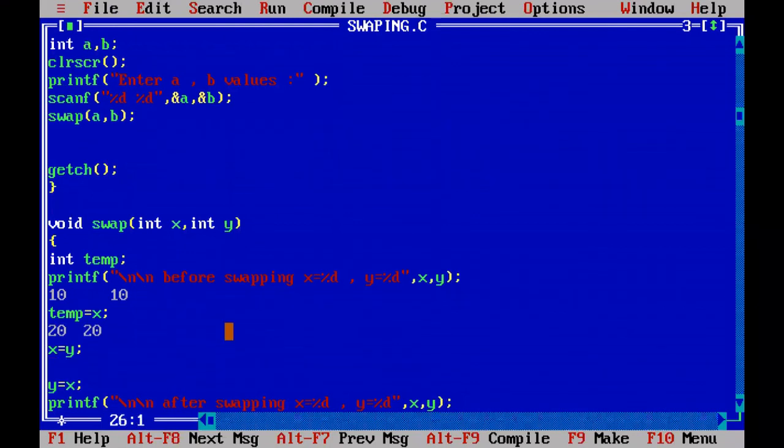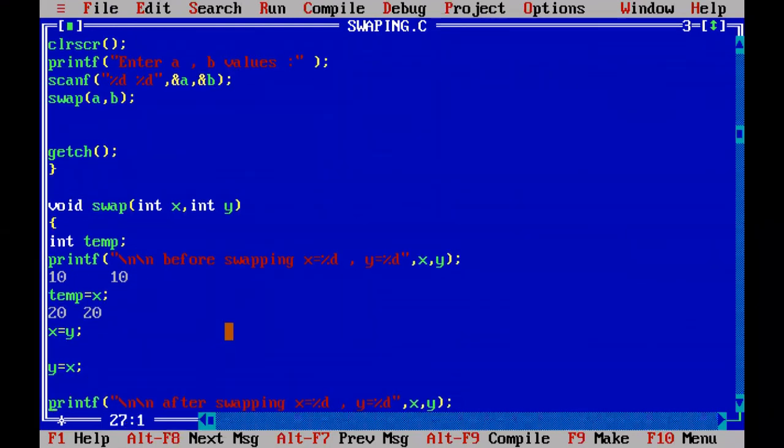In this third statement, our intention is copying x value 10 into the y, but from the previous statement, you copied x value with 20, so that x value will become 20. Now if you are thinking that if you assign x to y, 10 is assigned, that is wrong, because x value is 20, y value 20.